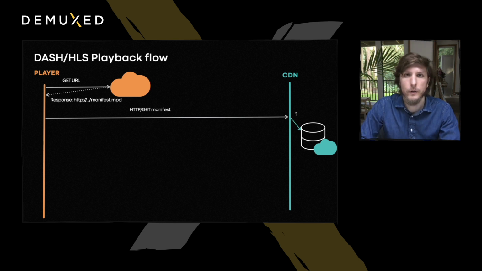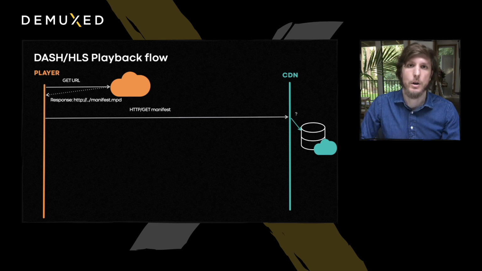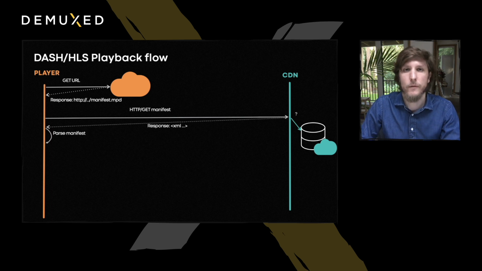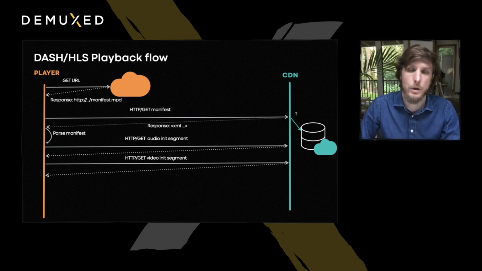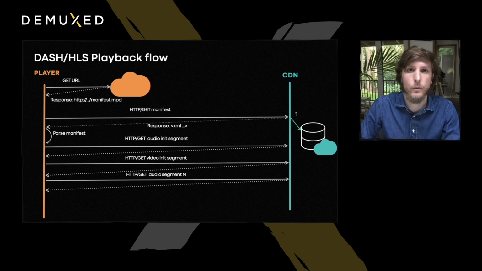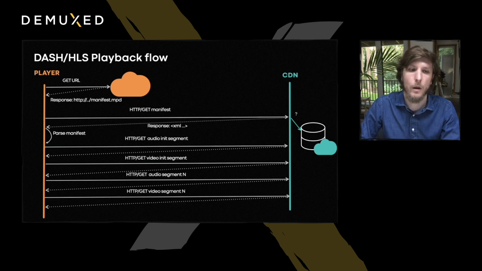The server receives the HTTP GET request and checks its cache, and if data is there, it serves data from the cache. If not, it goes to the next hop, and so on and so on. And in some cases, it will go all the way to the live origin. From the manifest, the player needs to decide which bitrate lane to use. Once the bitrate is decided, the player can fetch the init segment for audio and for video. It is also required to initialize decoders. After that, the player can fetch actual audio and video segments using the same CDN flow, and we are ready to